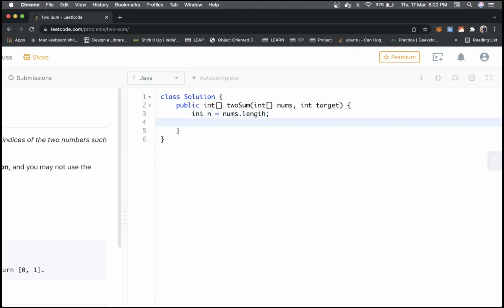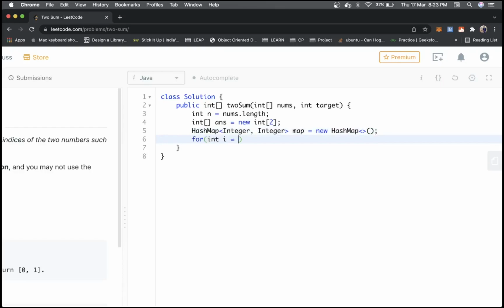Then we create an answer array that will always be of size 2, because we have to return only a pair. Also we create a hash map that takes integer and integer, and we name it map.